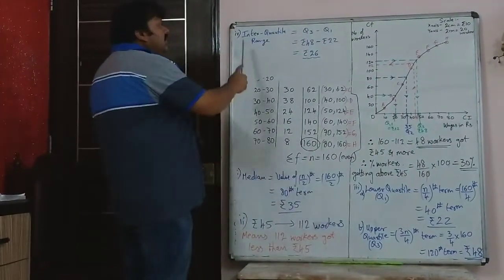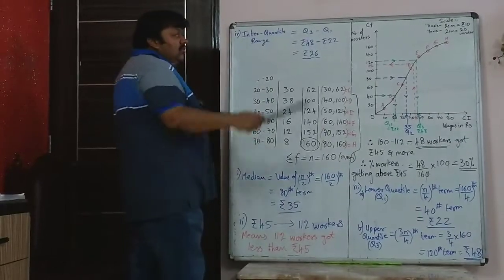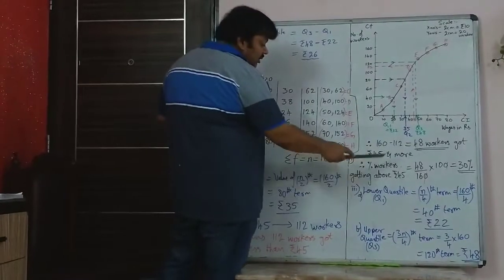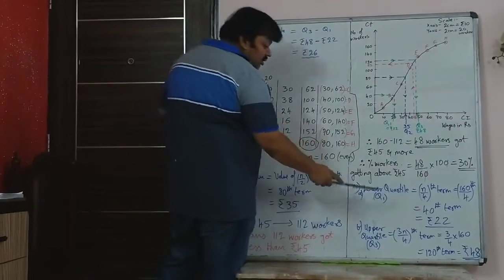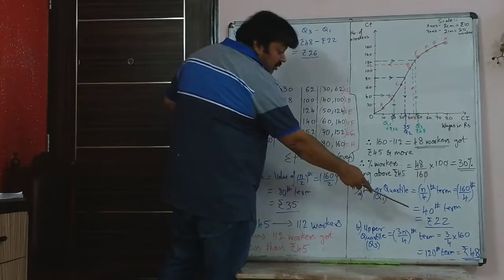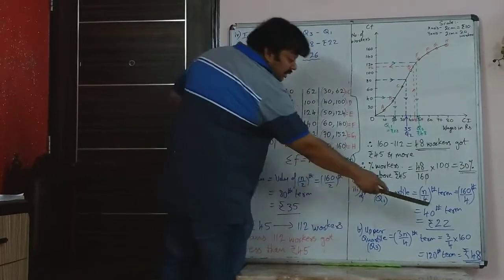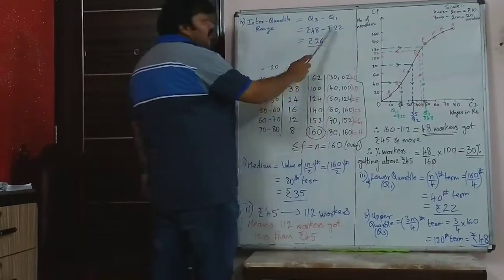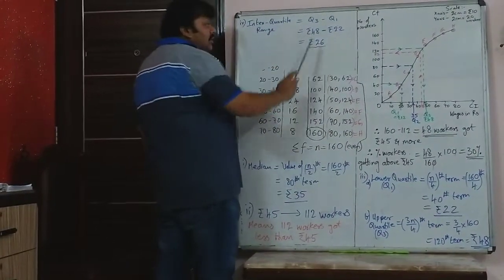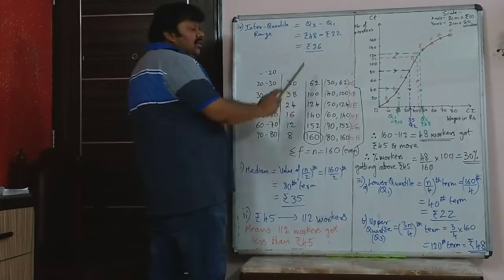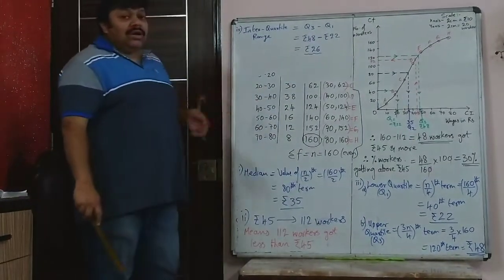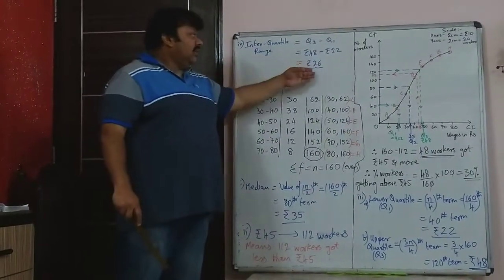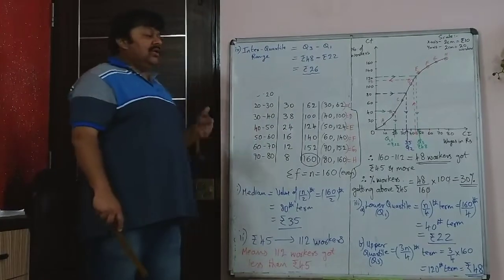Now the next is the interquartile range, because in the fourth part they have asked you to find the interquartile range. So that is Q3 minus Q1. It is not 120 minus 40. It is the Q3 value 48 minus the Q1 value 22. So 48 minus 22 is rupees 26. Semi-interquartile is not asked, so don't write what is not asked. If it was asked, it would have been 26 upon 2, or rupees 13.